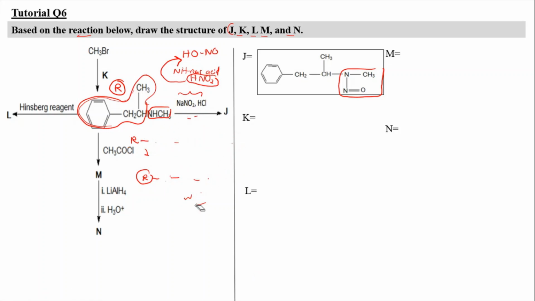Now we're gonna do our M here. So K. Okay, so we can do K here. So for the K here, we have our CH3Br. Okay, so for our CH3Br, what you're gonna do here is that the CH3